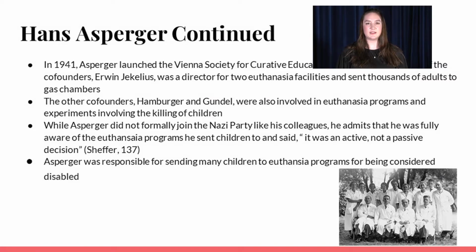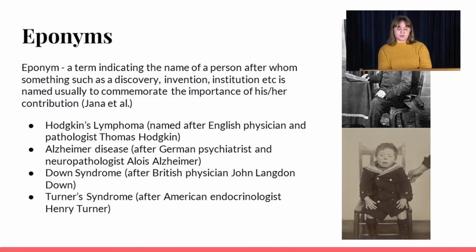It is believed that Hans Asperger is responsible for the death of hundreds of children, but records were destroyed in an effort to protect his reputation. And there's only 40 documents on record. So an eponym is a term indicating the name of a person after whom, such as a